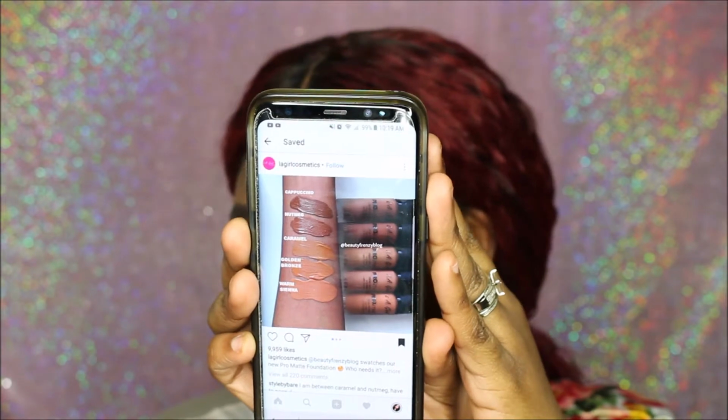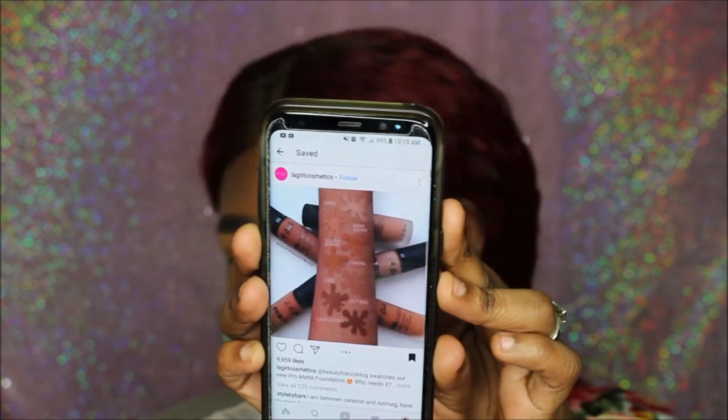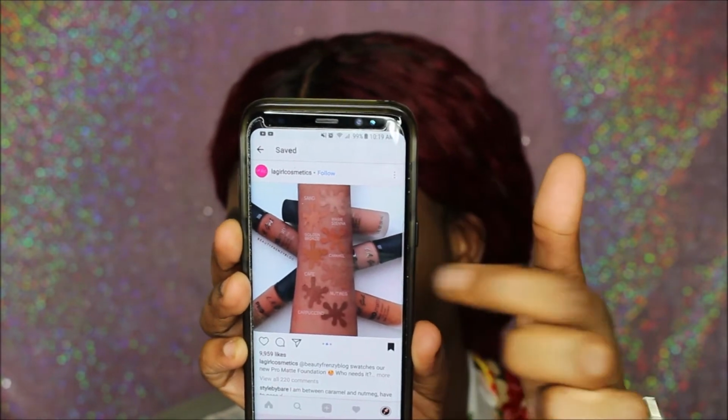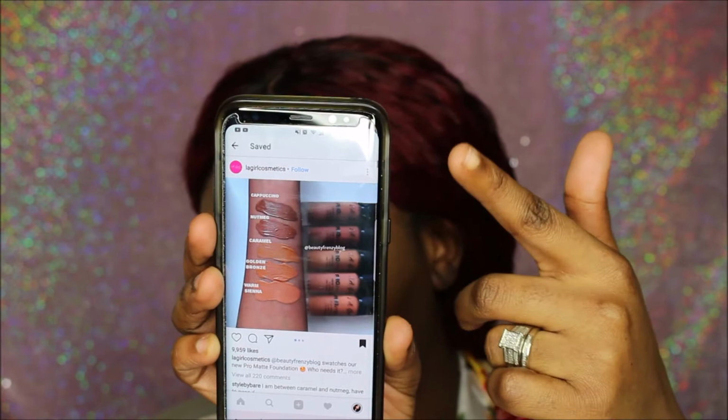I want to take a second and show you guys the swatches that LA Girl just recently put up on their website. If I would have seen these swatches, I would have chosen the two darkest shades. The two darkest shades are Nutmeg and Cappuccino. This is what they look like, guys. So these are the swatches here on a darker skin tone, just so you guys can get a general idea of what I was saying when I said Nutmeg and Cappuccino